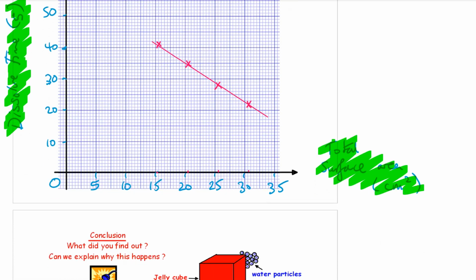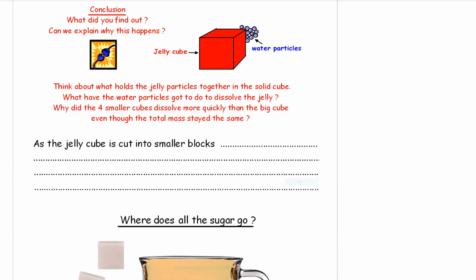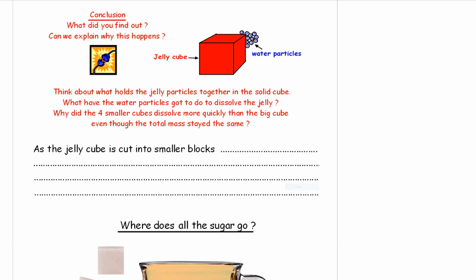The conclusion. What did you find out? Can we explain why this happens? We've got the jelly cube and the water particles. Think about what holds the jelly particles together in the solid cube. What have the water particles got to do to dissolve the jelly cube? Why did the 4 jelly cubes dissolve more quickly than a big jelly cube, even though the total mass stayed the same? Well, as the jelly cube is cut